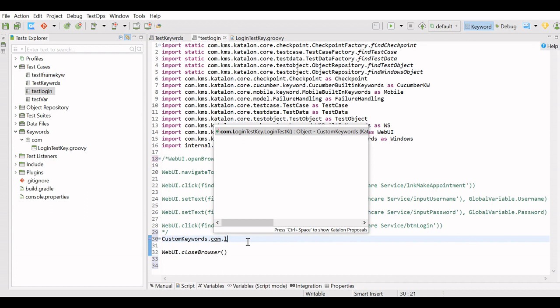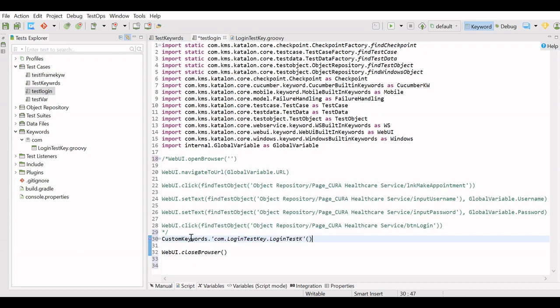So here comes your keyword and you can press enter. So this keyword is made up of custom keywords. Com is your package name, login test key is your class name, and login test k is your keyword name. This is the custom keyword that we have used in our test.